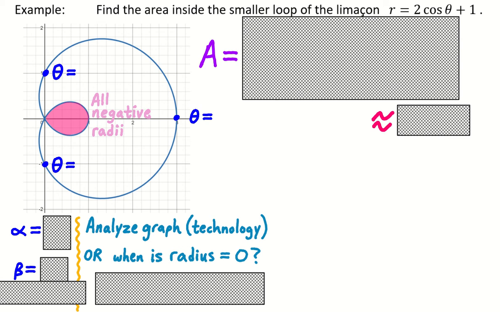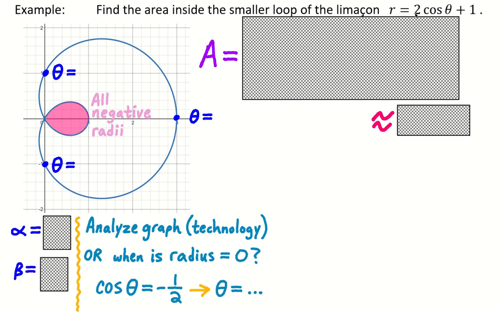You're going to set this equal to 0, because right there is where we're starting and ending this section. If you set this equal to 0, you end up with the cosine of theta equals negative 1/2. Then you can use a cheat sheet or a calculator, and you can figure out that theta to satisfy this would be 2 pi over 3 and 4 pi over 3,